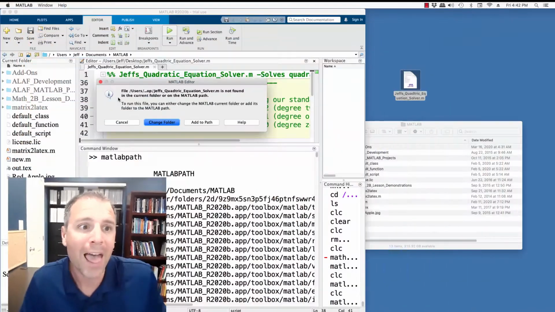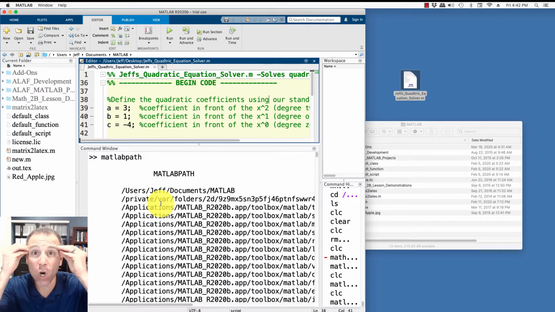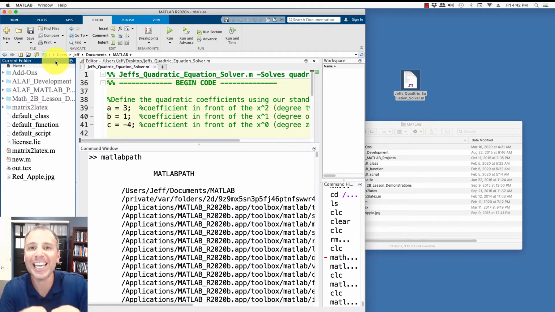Now, if we're leveraging this analogy, one easy way to get that librarian to get the exact book that I want them to do is to throw the book on the desk in front of them. In other words, to literally take the librarian's face and force it down on a book and say, please find that book for me. They're going to be real happy because it's literally right in front of them. That's exactly what the current folder in MATLAB does. So if we think about the MATLAB path as the set of locations that MATLAB knows to go find information, the current folder literally is the desk at which the librarian is sitting.